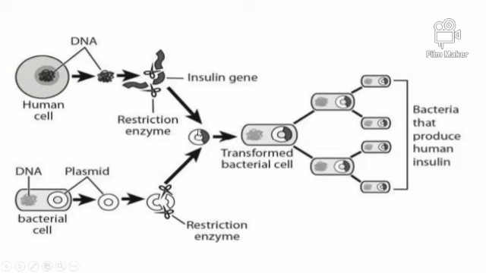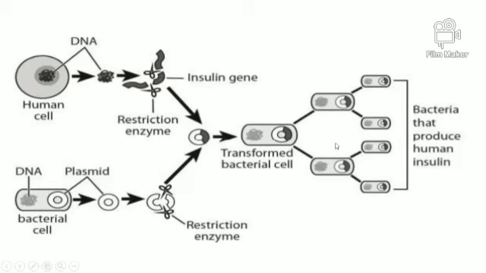So you are getting this type of recombinant vector. This is the recombinant vector where the plasmid is there and the insulin gene is there. So the insulin gene is joined together with the restricted plasmid DNA. Then the DNA is transferred again to the host cell, that is a bacterial cell. Again you insert this recombinant DNA vector inside the host cell, and allow it to